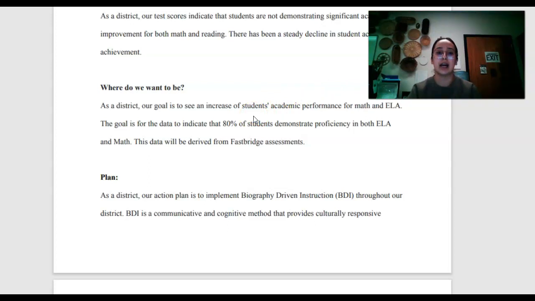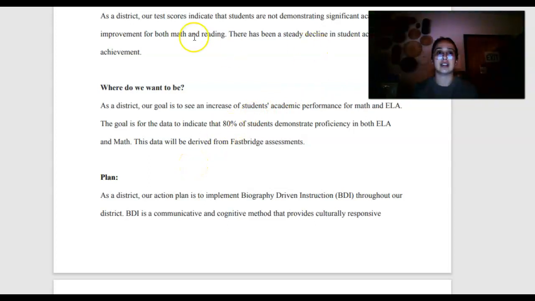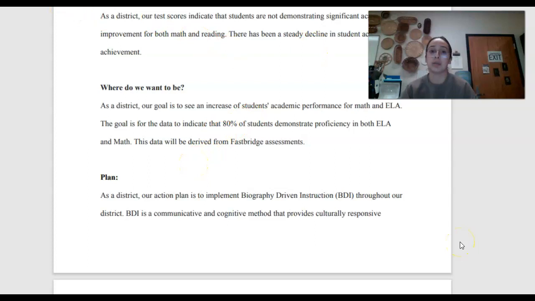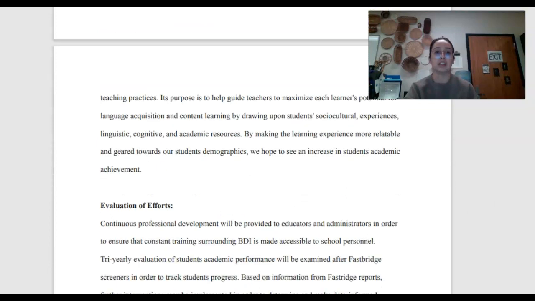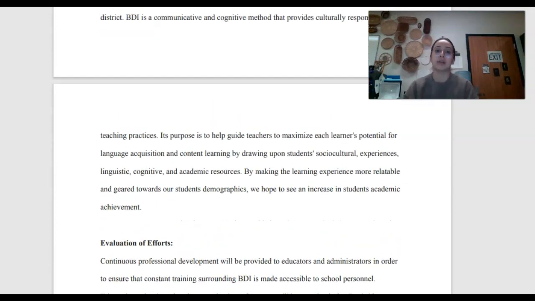The plan is, as a district, our action plan is to implement biography-driven instruction, BDI, throughout our district. BDI is a communicative and cognitive method that provides culturally responsive teaching practices. Its purpose is to help guide teachers to maximize each learner's potential for language acquisition and content learning by drawing upon students' sociocultural experience, linguistic, cognitive, and academic resources.